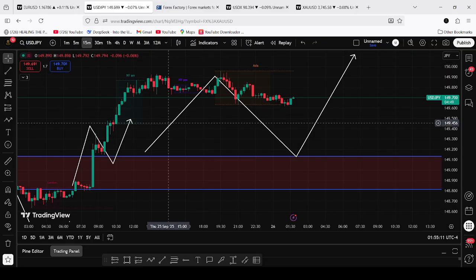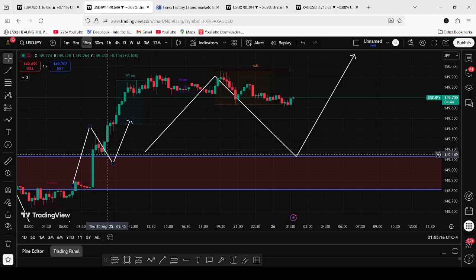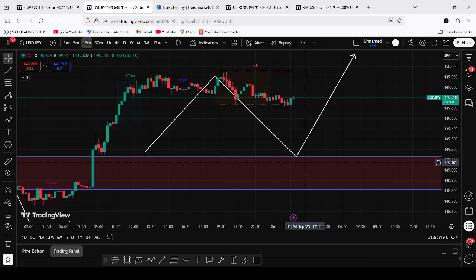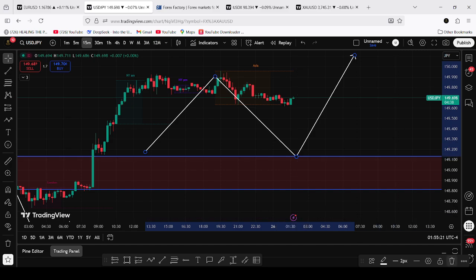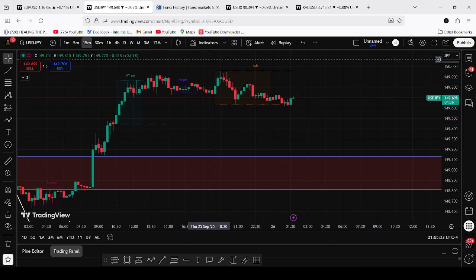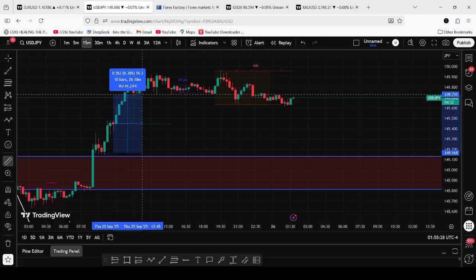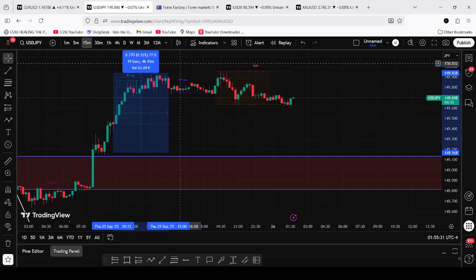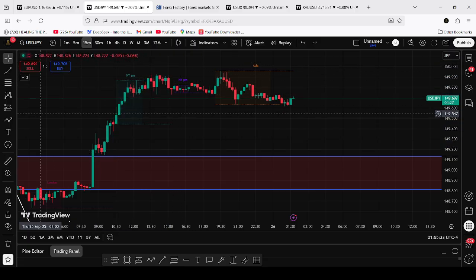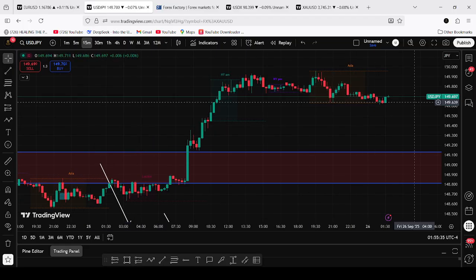If you look at the lower time frame, you can see the market retraced to this point and then went up. So for me, I can say there is no balance that is coming to be paid at this point. We might be looking for some more buying opportunities from here to around here. There was a move of around 77 pips, and we can still wait for the market.